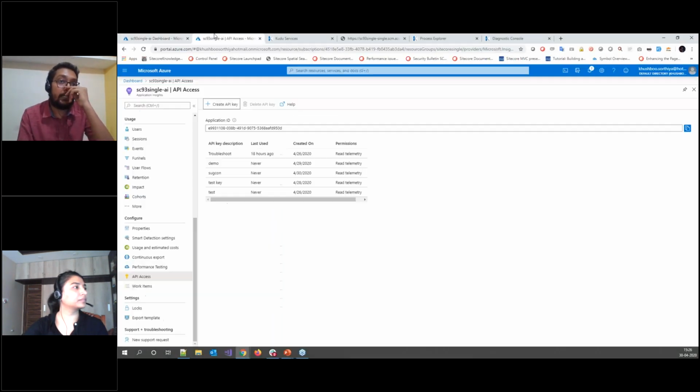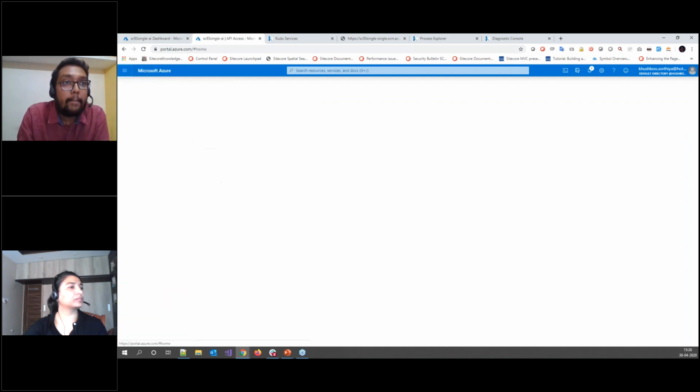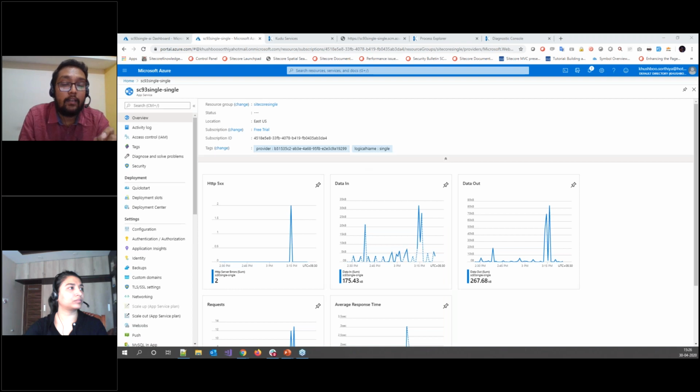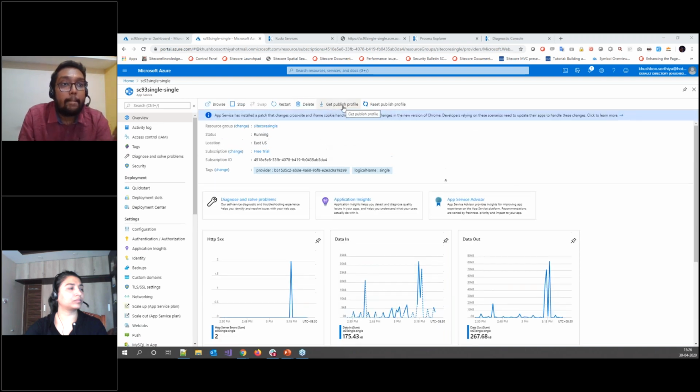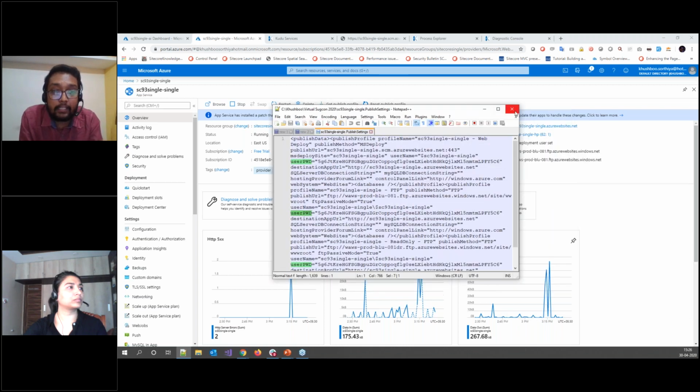So in the web application, in the overview section, we can find a link for publish profile. When you click on publish profile, it will download a file, which when we open it, will have the following credentials.